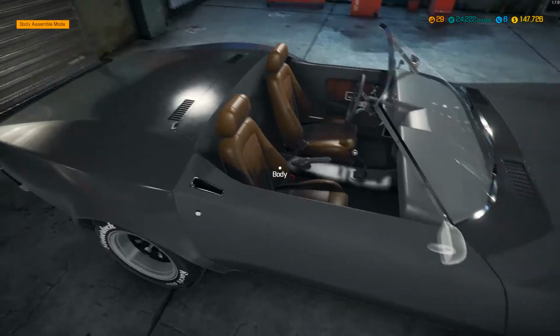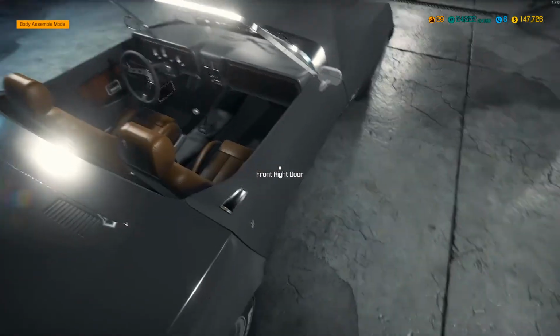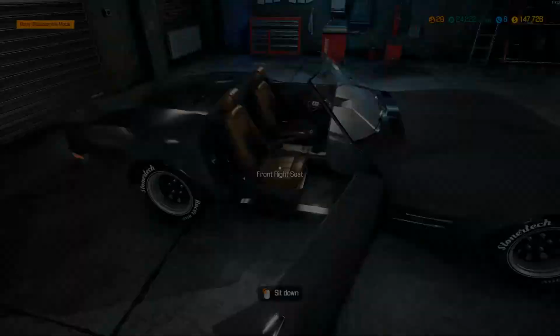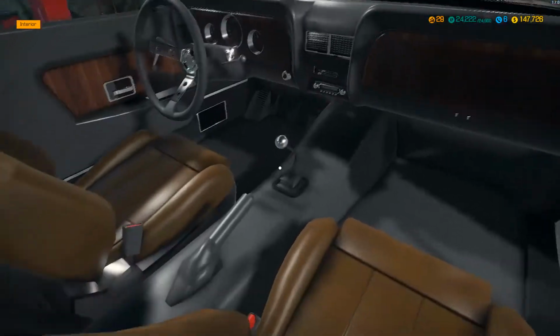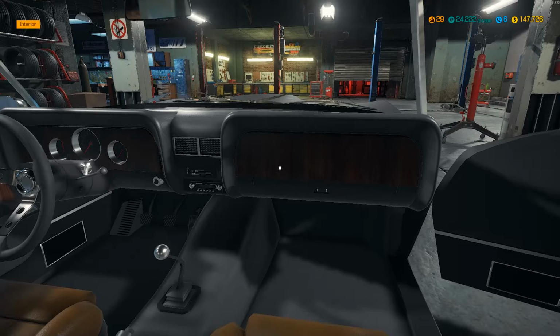So I'm not sure why that is. Can I sit in the passenger seat? No, it doesn't look like it will. Let me open it. There you go. Okay, yeah, I can sit in the passenger seat. I mean, it looks pretty nice to me. I'm not seeing a whole lot of issues with it. But, you know,